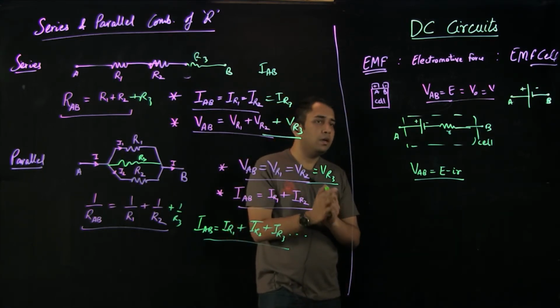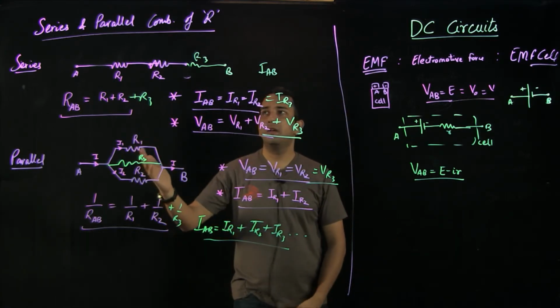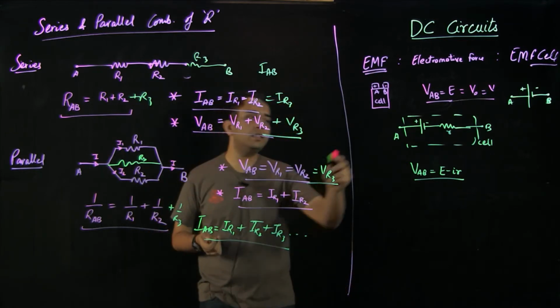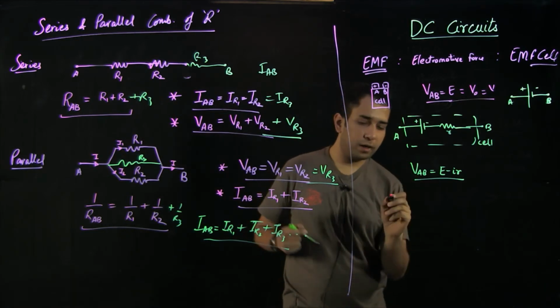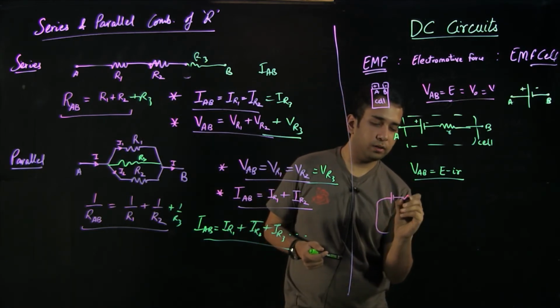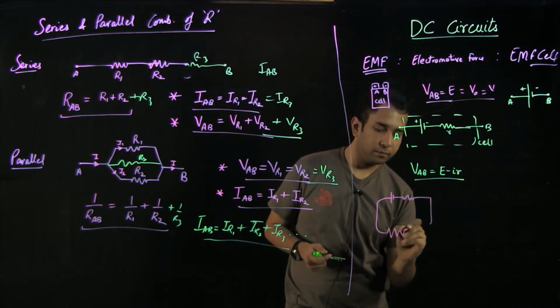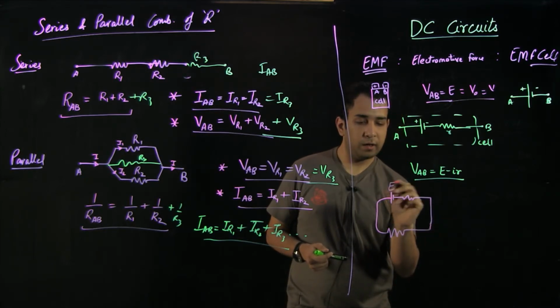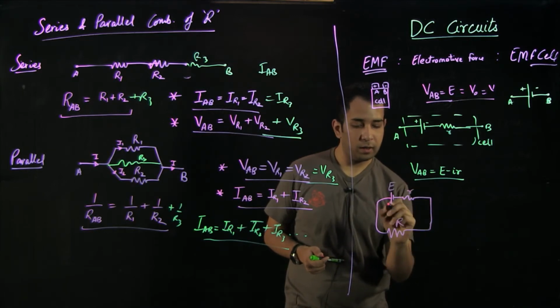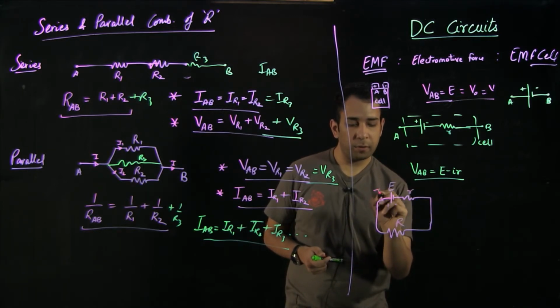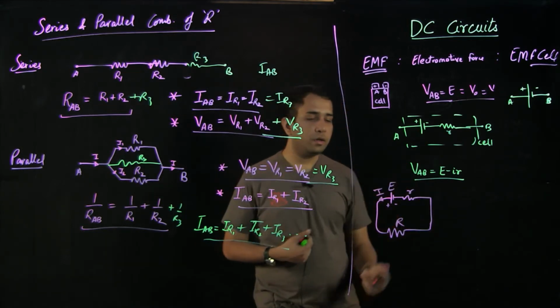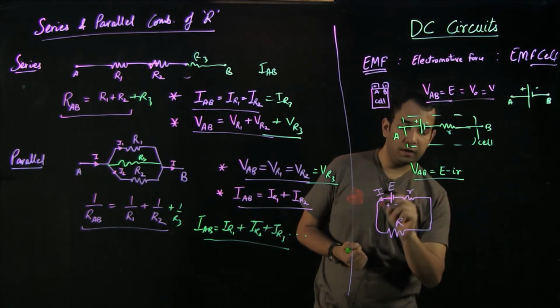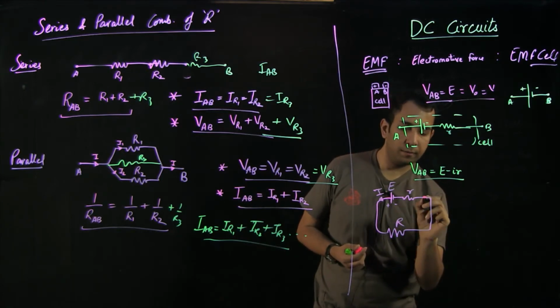And similarly, with any other resistance we are dealing with, either in series or parallel combination, this resistance can be added in any combination. So for example, if I have a circuit in which this is my E, this is my small r, and this is R, I know that current will go this way, because current originates from a higher potential and goes to a lower potential. Then I can write through Ohm's law that the same current will be flowing throughout the circuit.